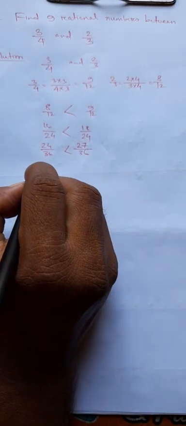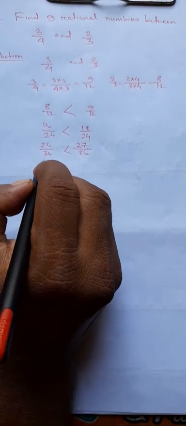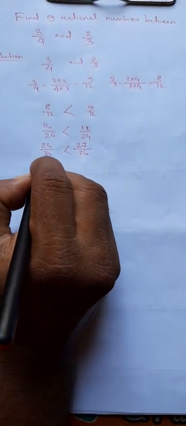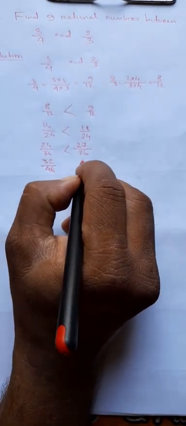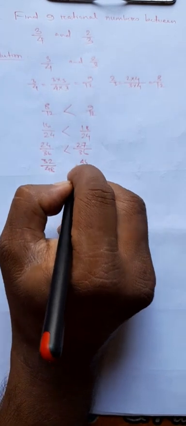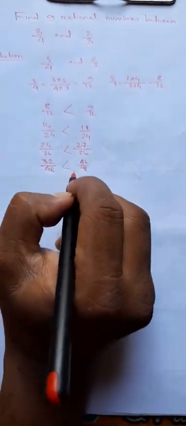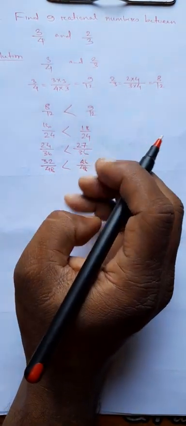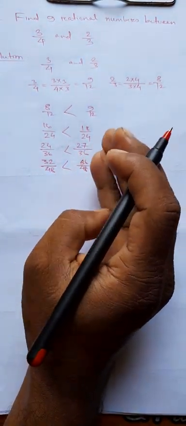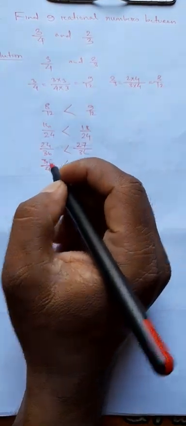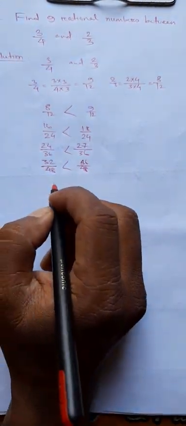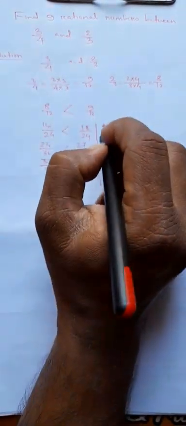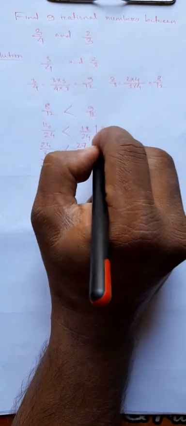So let us convert into a bigger denominator again. This is multiplied by 4, 48, 4 8s are 32. 4 9s are 36, 48. Now in between 32 and 36 you can find 33/48, 34/48, 35/48. So you still have to imagine some bigger denominator. So instead of doing this, you directly think like this: 80/120